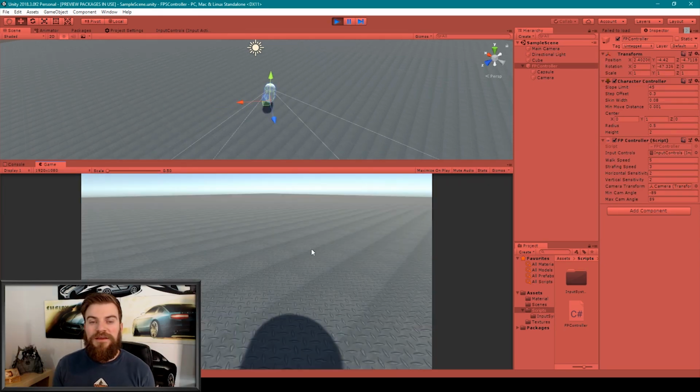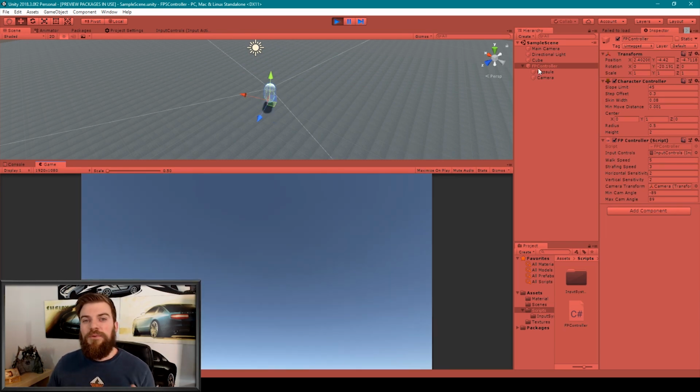Now one note that I'd like to mention about our look mechanic is the different objects that we're using when we rotate horizontally versus when we rotate vertically. When we rotate horizontally, we're rotating the first person controller itself. And this makes it so that we can walk forward in the direction that we're facing. Now when we do the vertical rotation, we don't want to rotate our first person controller. And the main reason for this is because if it weren't for gravity, then we'd essentially be able to fly